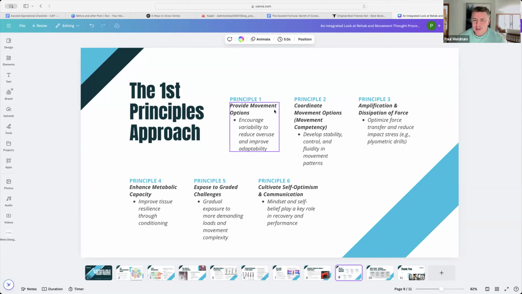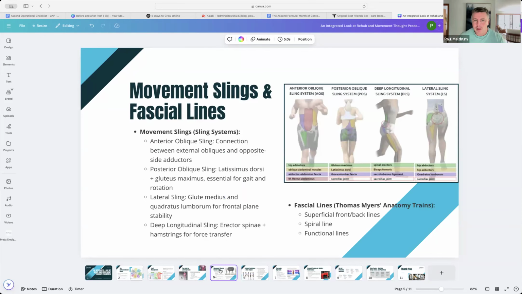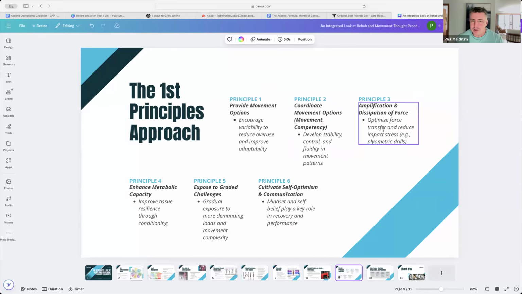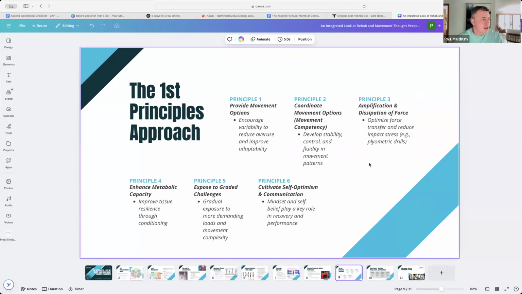Now, next one is amplification and dissipation of force. Okay, so optimize force transfer and reduce impact stress, e.g. plyometrics. What I mean by this is, is it a problem with creating force or absorbing force? What causes more pain, because that creates more of a solution? So for example, if I have pain going up the stairs, I have a problem with force production